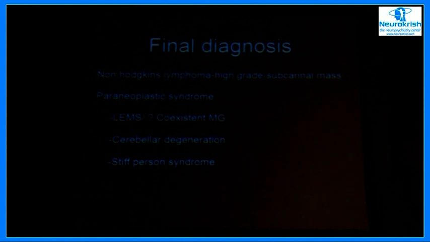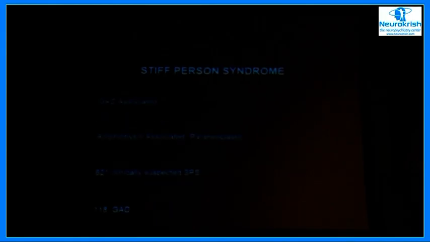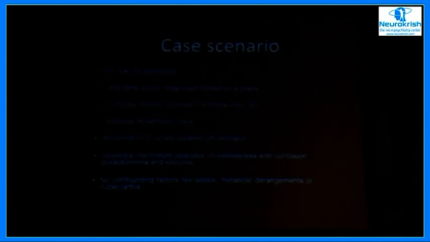I'm sorry I couldn't show you the video. So stiff person syndrome, the variants are stiff limb or PERM. You can have a GAD associated or an amphiphysin associated. GAD associated, usually the topography is actually caudocephalic. Amphiphysin associated is usually involving the arm and neck.